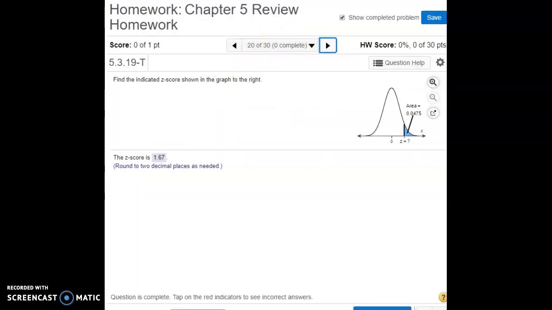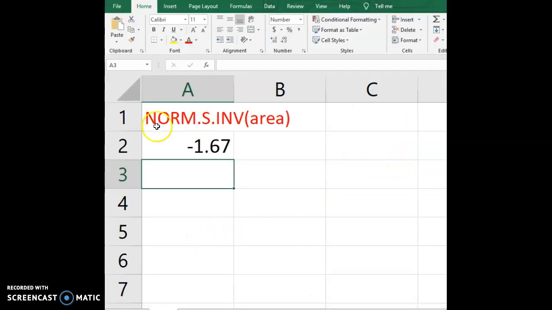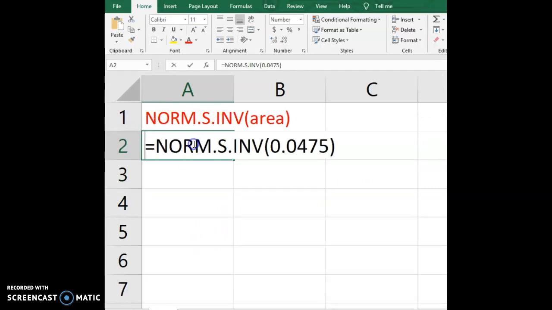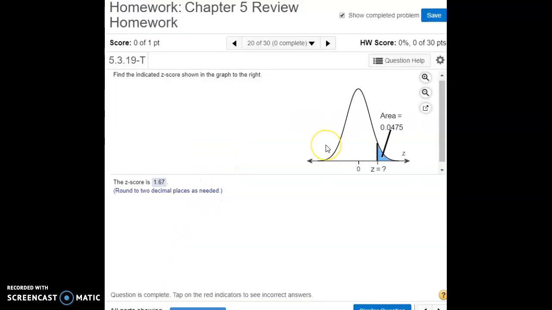In number 20, we're trying to find here the z-score that has 0.0475 to the right of it. And there's two ways we can approach this. We can do norm.s.inv with that area value in there, and it gives us back negative 1.67. Excel always gives back left-hand calculations, so that negative 1.67 is a z-score over here, and there's 0.0475 in the